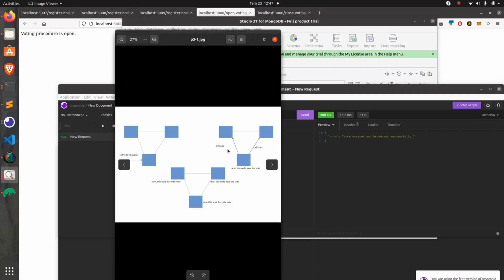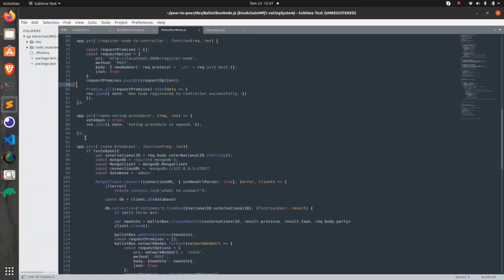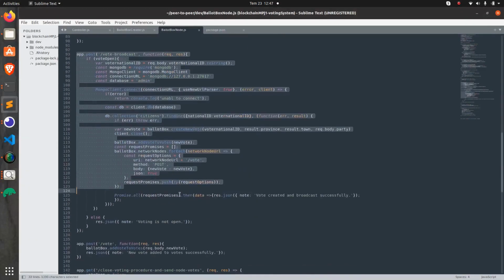So this node has the vote, and every other node is called with this vote as well, so every one of them has the vote, in which vote and broadcast was called first,